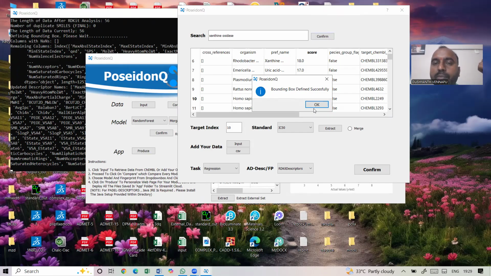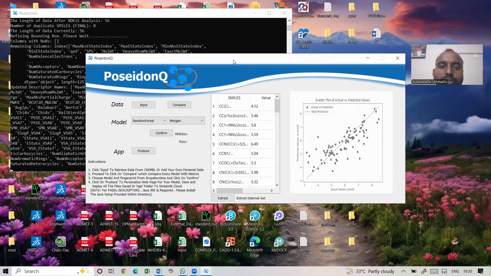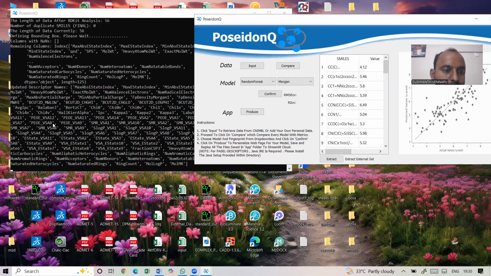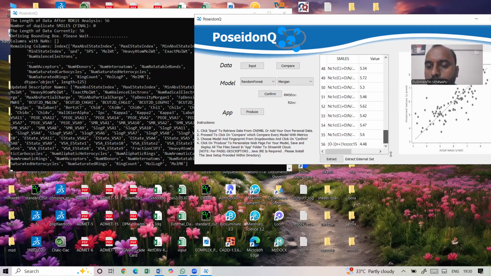That means if a molecule has molecular fingerprints with number of hydrogen bonds, number of acceptors, number of polar surface area, and log P value, TPSA values. There are several attributes which you can see on the left side of the screen, with which you are correlating your IC50 value. Now I'll just click OK. Now I'll go back to the software. You can see these many attributes have been assigned to the IC50 value, a total number of 56